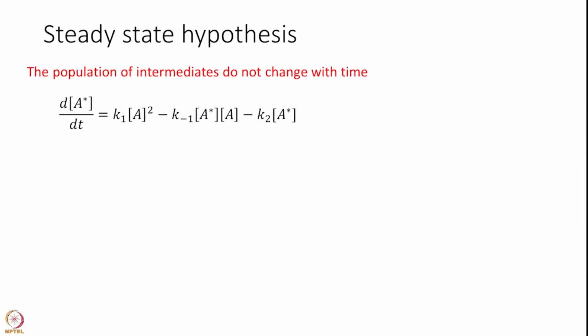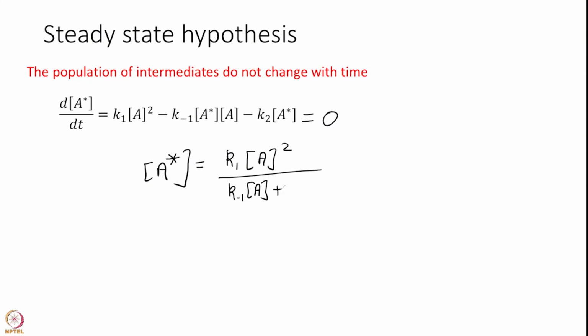So, I have written back the equation corresponding to dA star over dt that I derived 2 slides before, and what the steady state hypothesis says is that this is equal to 0. So, I will just use this equation and simplify a little bit. I just find out the concentration of the intermediate here and eliminate it. So, this one you can verify is equal to, so this is simple algebra, you can look at it and convince yourself this is true.